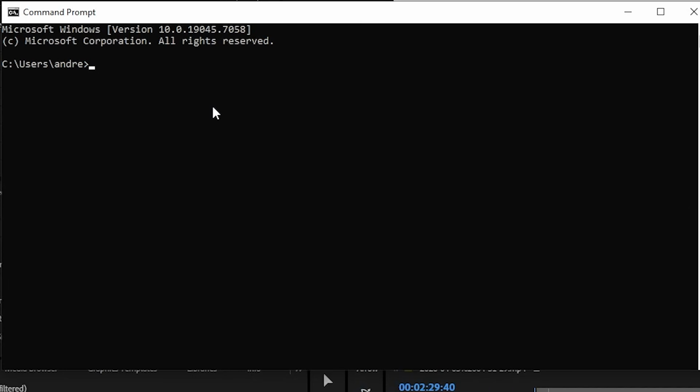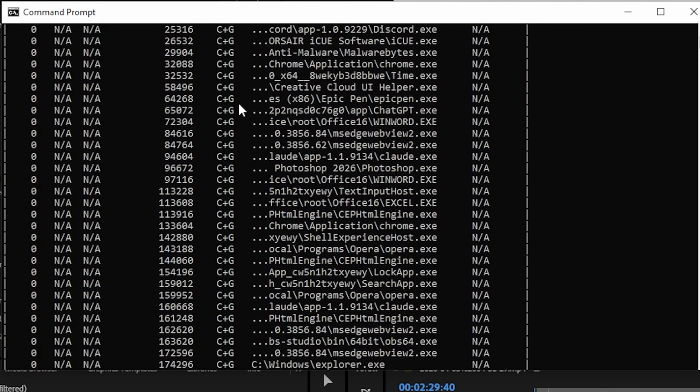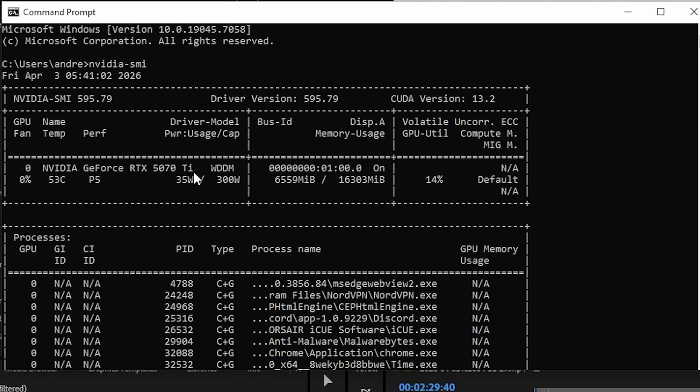So now, considering we just spoke about the VRAM issue, what you want to do is open up your terminal. If you press the Windows key, type CMD, and then hit enter, this will pop up. And then essentially, if you're trying to check your VRAM, you just type in nvidia-smi and then hit enter. And then it should show you what GPU you have. So you can see right here, I've got my NVIDIA RTX 5070 Ti. And you can see here, it actually says in the middle that 6 gig is being used out of 16 available gigabytes. So I know that I have 16 gigabytes of VRAM, so I can't run anything that is over that amount. Of course, I don't even want to be near that amount because I don't want to stress